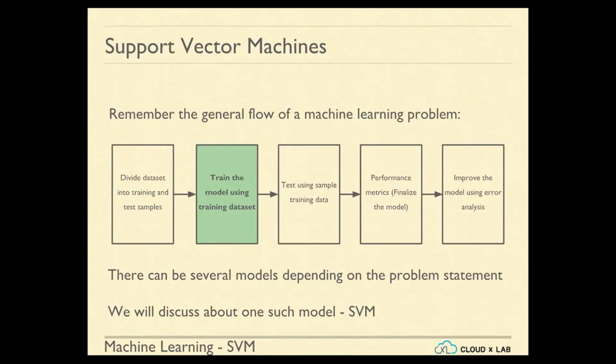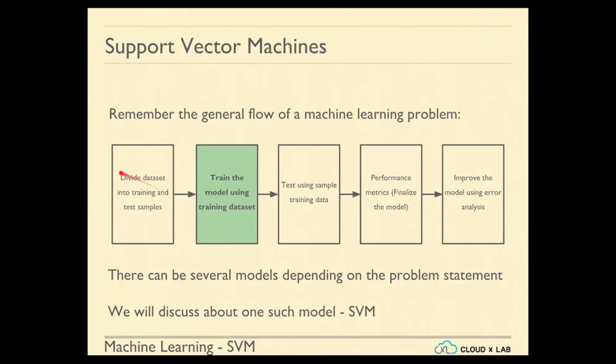So there can be several models depending on the problem statement, and we will discuss one such model called SVM, right? Basically the training part is, instead of using linear regression, instead of drawing a straight line through the data, we will be using SVM. Instead of using gradient descent, SVM uses a mathematical equation to come up with the value. Just like the normal equation that we talked about, that one is a mathematical formulation, like an optimization technique. Without much iteration, the SVM actually solves those